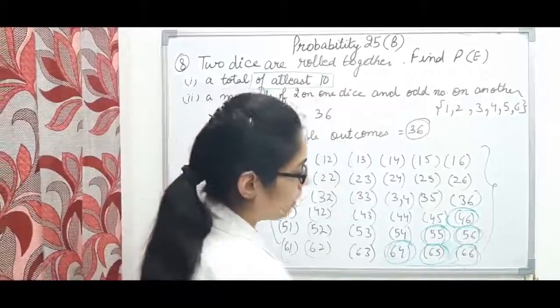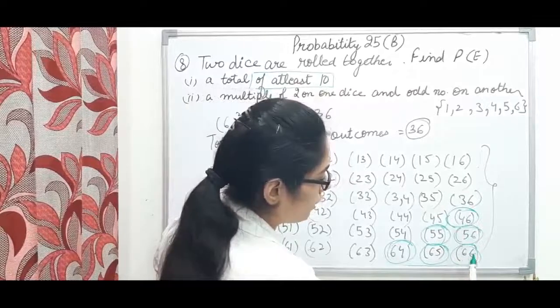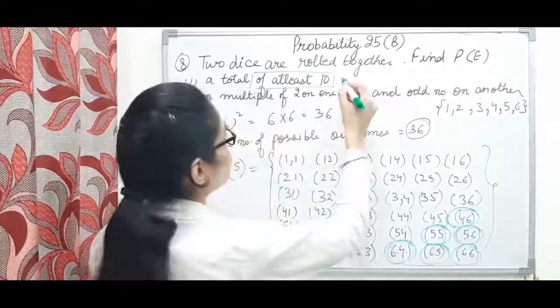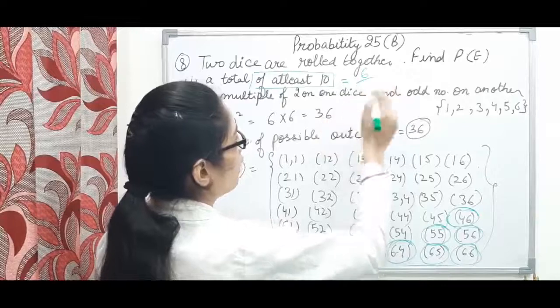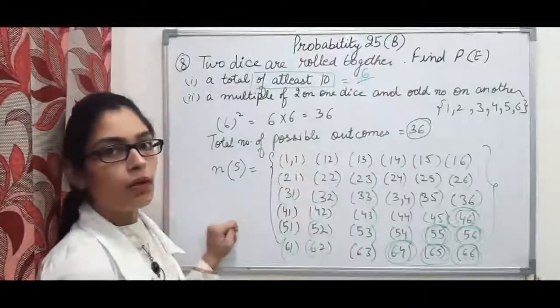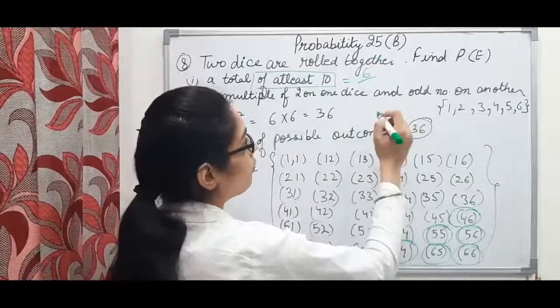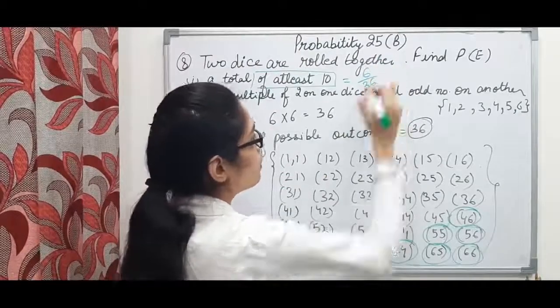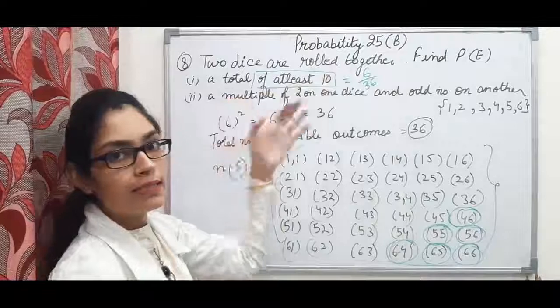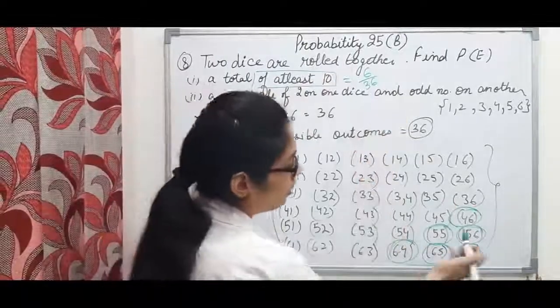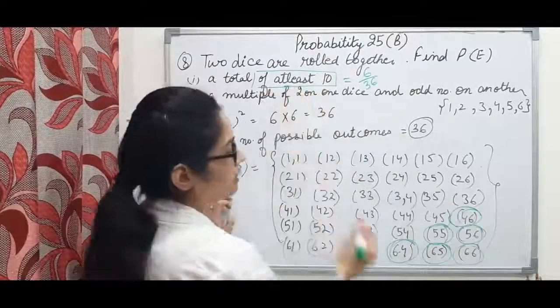So let's count these numbers: 1, 2, 3, 4, 5, 6. So 6 is my number of outcomes favorable to the event, and the total number of outcomes is 36. So it will be 6 by 36. Since at least 10 means I can take a